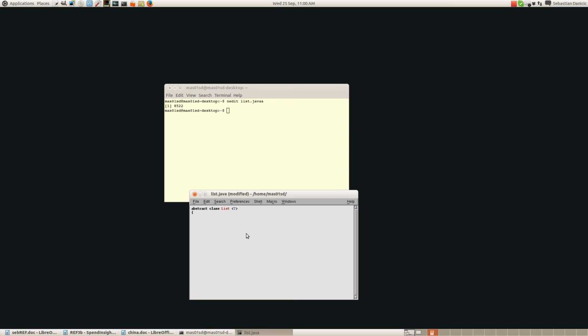And the methods I'm going to define first are going to be head and tail. A list has a head and a tail. So we're going to have abstract head. Well, that's going to return an element of type T. It's going to be called head, and let's give it no parameters like that. So we've got a head,